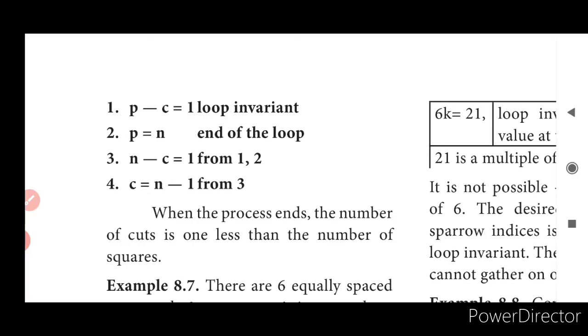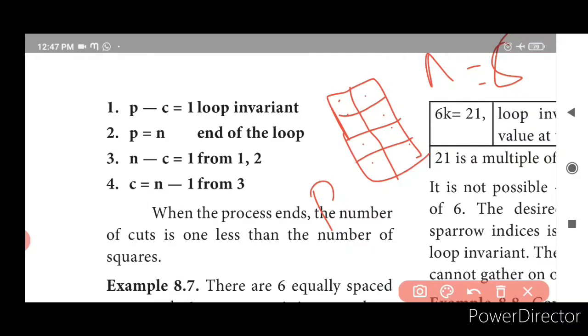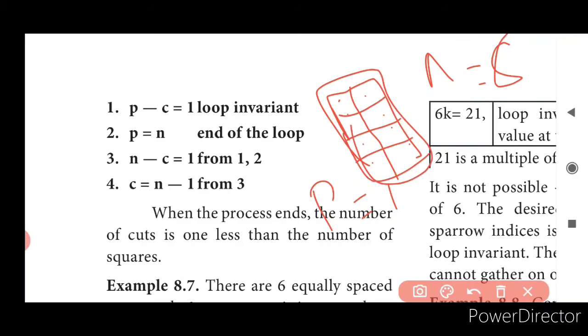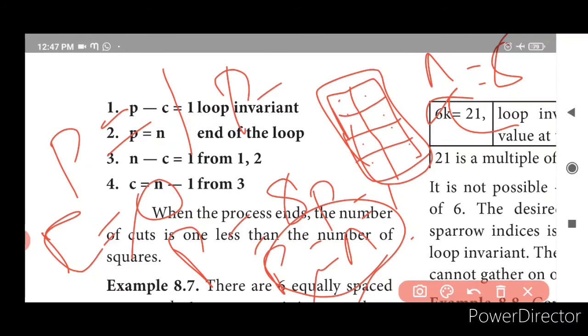What did we say? I already told you, the bar is going to be like this. Let us consider like this. 1, 2, 3, 4. How many pieces are there? 1 piece, 2 pieces, 3, 4, 5, 6, 7, 8. So N is equal to 8. Pieces will start from 1 because the whole bar will be termed as 1 piece. So when P is equal to N, the process has to end. Initially there is no cut, it is equal to 0. P is initially equal to 1 because 1 piece is there. Again the process has to continue, right? So P plus 1,